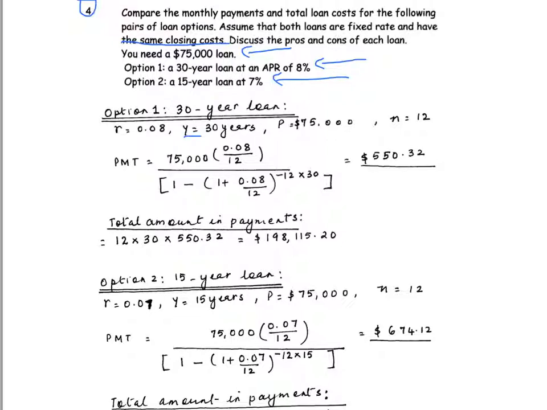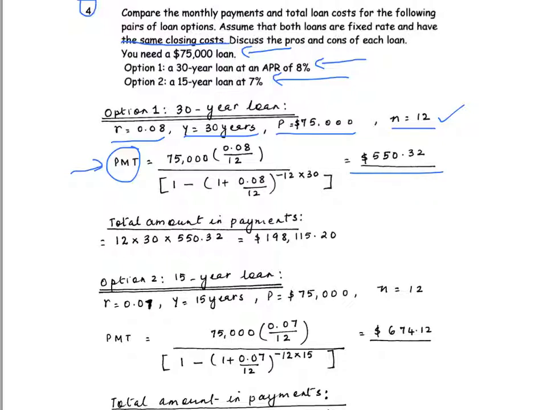So our loan term is 30. The percentage rate is 0.08. The amount that we borrow is $75,000, and we're going to make monthly payments. So that's 12 payments in a year, n is equal to 12. Plug in all the numbers into our payment formula. This is our monthly payment, which is